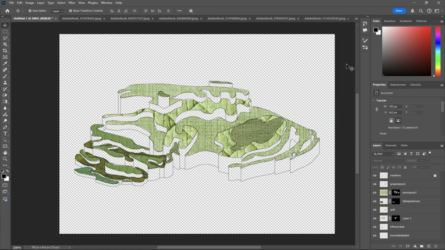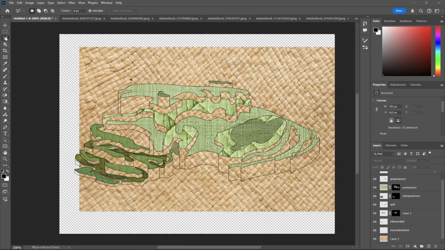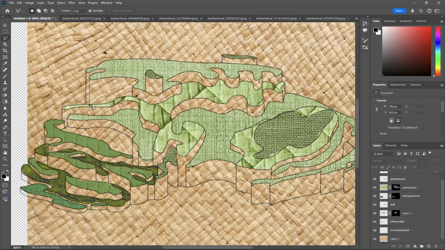Now that I've adjusted the colors, I'm going to move on and cut out some textures for the rest of the island where the dirt is going to look like a brown basket weave. Now I'm going to use the polygonal lasso tool, which is also in the same area where you can find the lasso tool. I'm just right clicking and then clicking on polygonal lasso tool. For me, it's a little bit easier because it helps keep those lines straight. I am just clicking and creating these line segments. I'm going to be using this tool for the rest of my drawing.